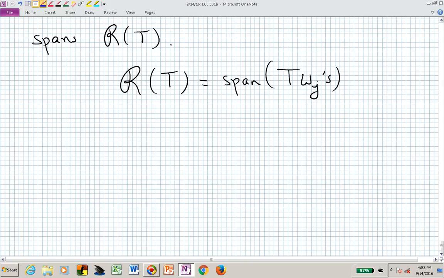We now need to show that those Tw's are linearly independent, and then we can count how many of those we have, which is n, and we'll be done with our proof. Because then we'll have a basis for our range space of T. I keep saying to complete the proof, but hopefully we're getting close. To complete the proof,